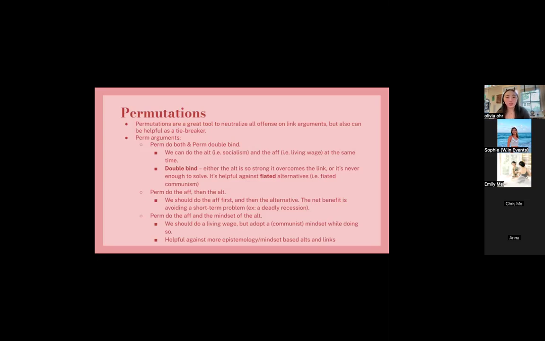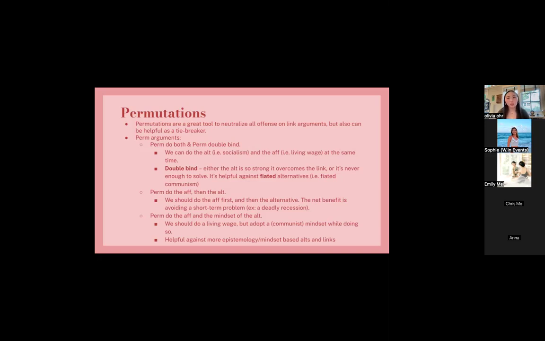So kind of just another interesting thing, but in counterpoint competition debates, a legitimate perm is all of the aff and some part of the alternative. So you should use this to make creative permutations against a critique. I think if the aff only strengthens a tiny part of capitalism, or there's only one tiny representation of the aff that's incompatible with the alternative, then you should just say, do the aff and reject the thing that the neg critiques. Especially if the alt's a big change like socialism and the link is super small.